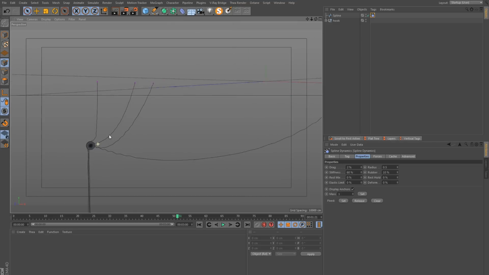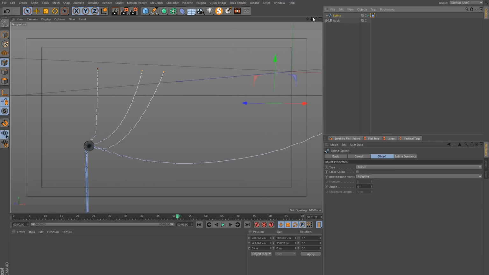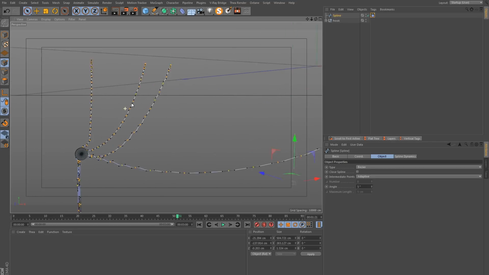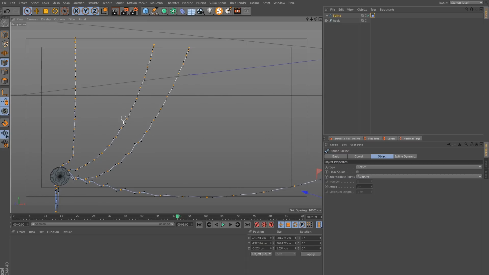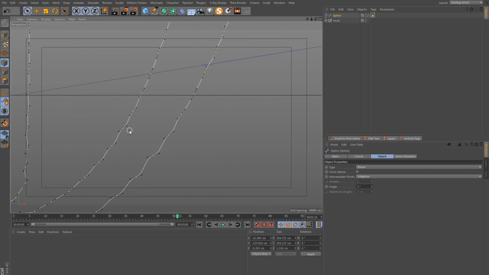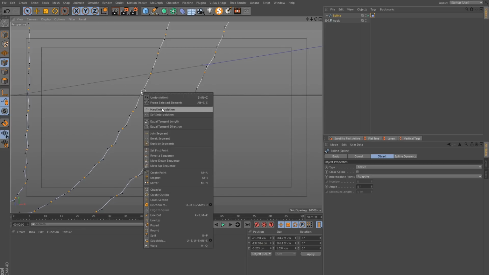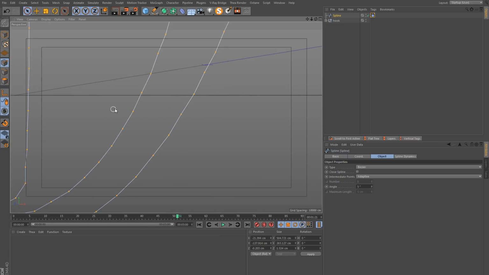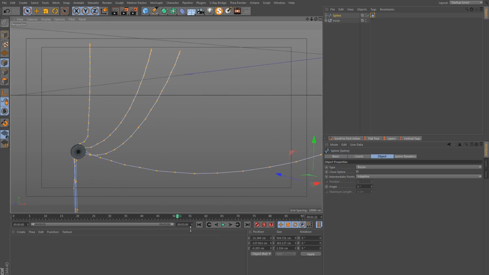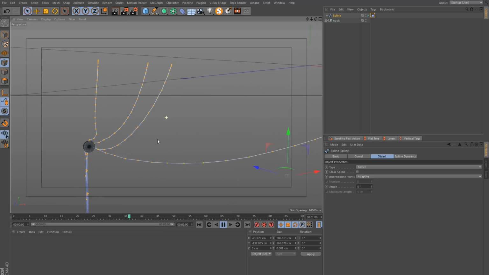Now my cables look a bit wavy here. This is because of the interpolation on the points. We have these handles causing them to be wavy like this. So if I select everything, right click and hard interpolation, it will get rid of the handles, and now this will look a bit more natural.